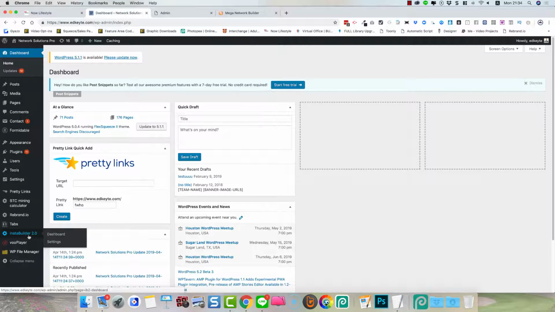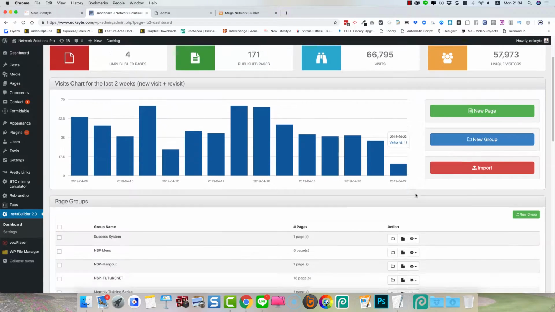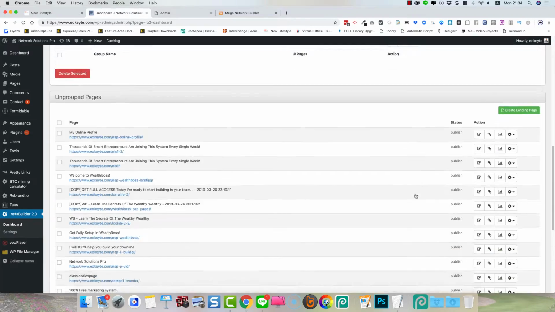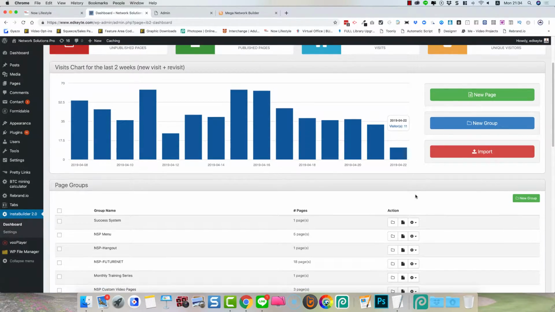I've used InstaBuilder for many years, and although it's quite good up to a point, it's now very outdated, so it's become very buggy. That's why I've been on the lookout. The other thing is, I can't recommend InstaBuilder to my team members. I've wanted to, but I know it's hard to use, and I know it's buggy,